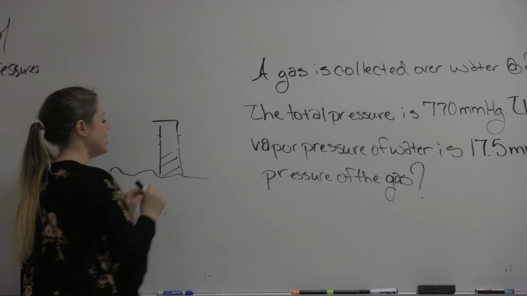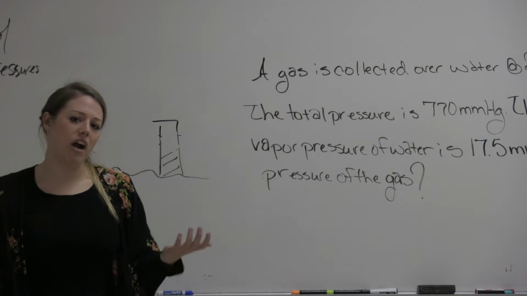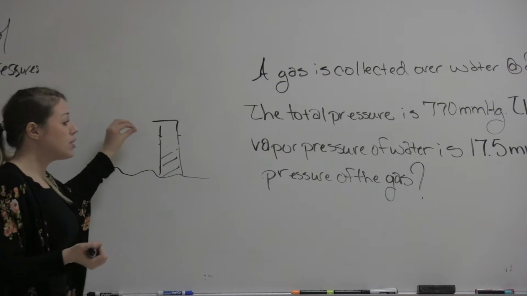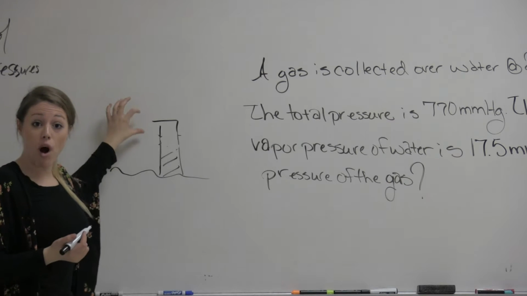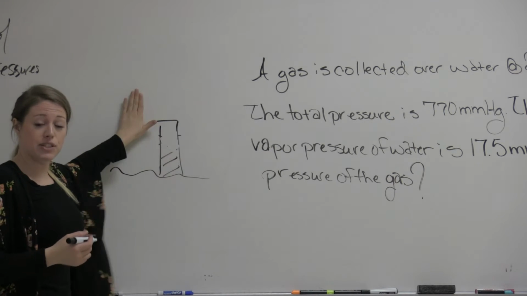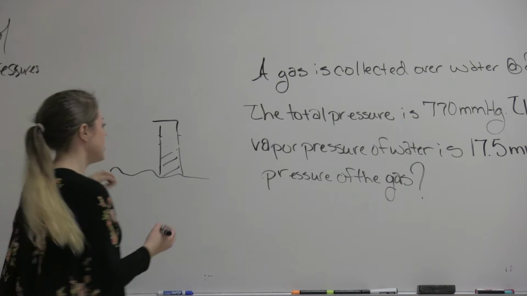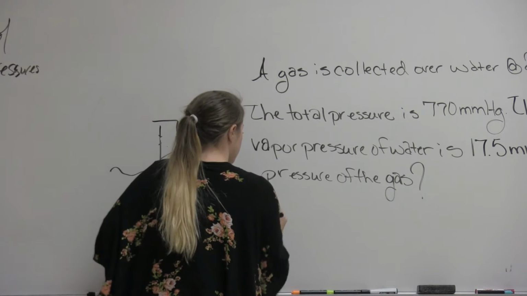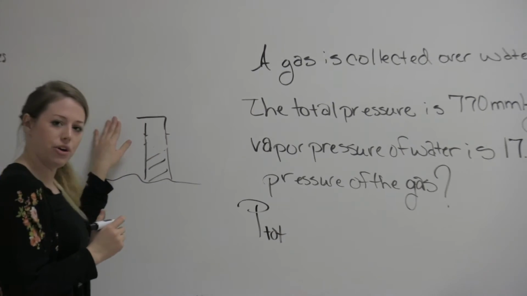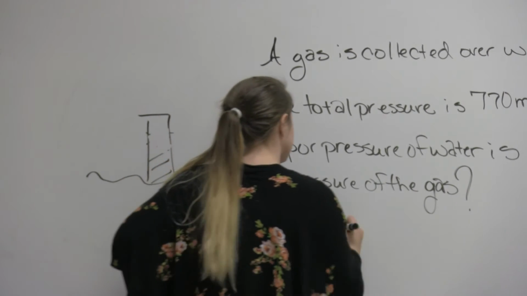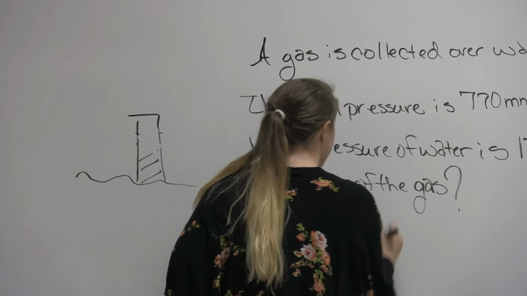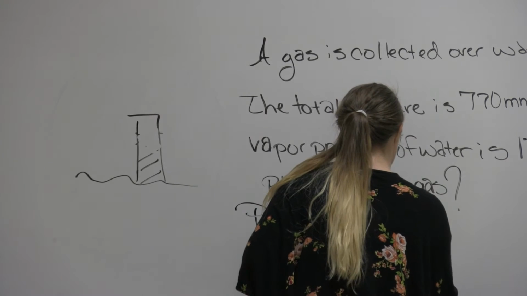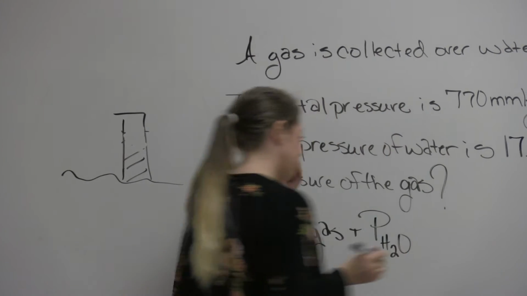But the problem is that water naturally evaporates. So we're also going to have the pressure of our water molecules in the gas form plus the pressure of our gas. So the formula would be: the total pressure equals the pressure of our gas